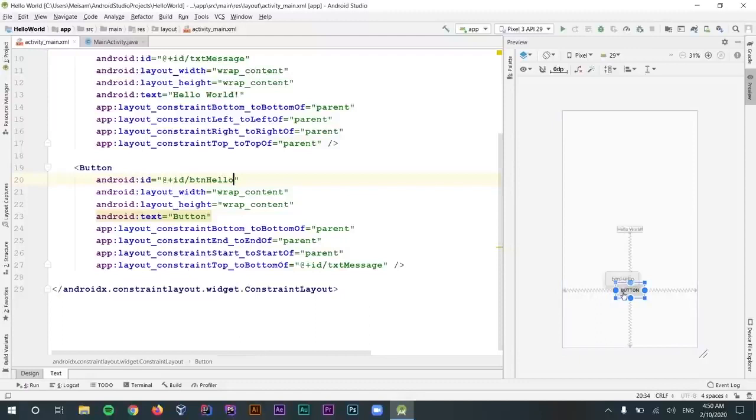Right now, this button doesn't do anything. In this video, we are going to make our application a little bit more interactive. For example, we are going to change the text of this text view by clicking on this button. For that, we need to define this text view in our Java file so that we could have access to